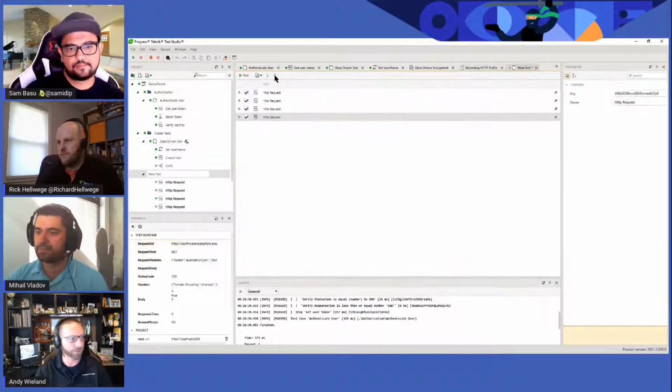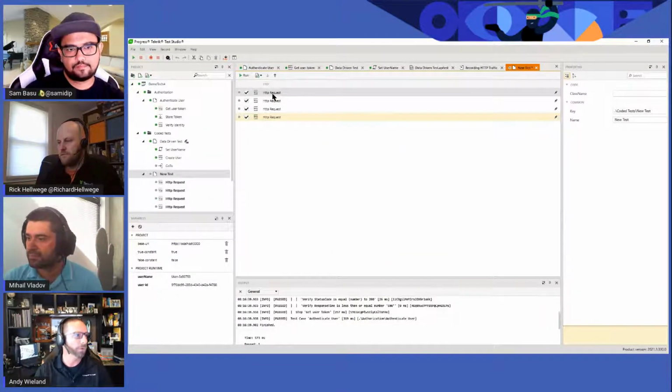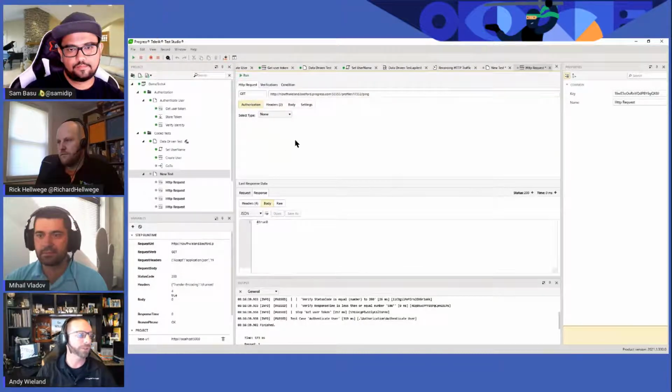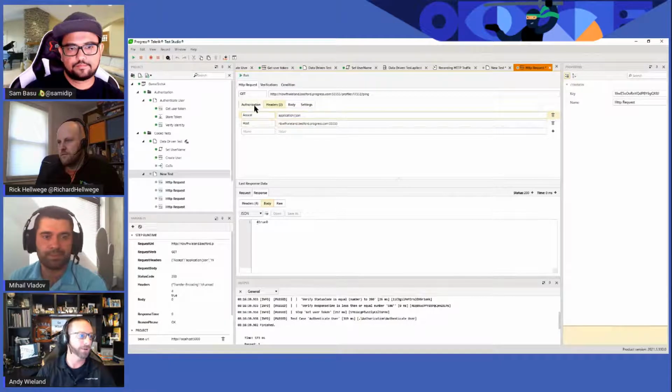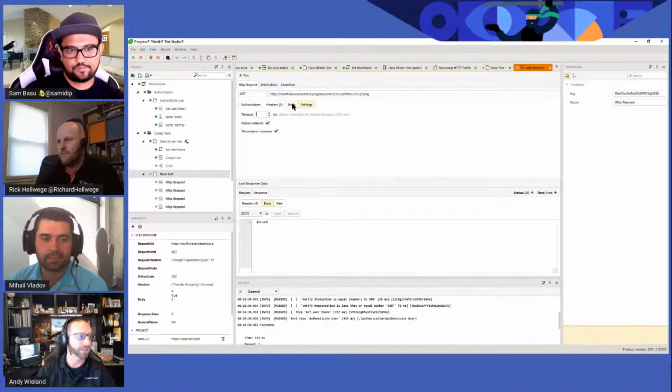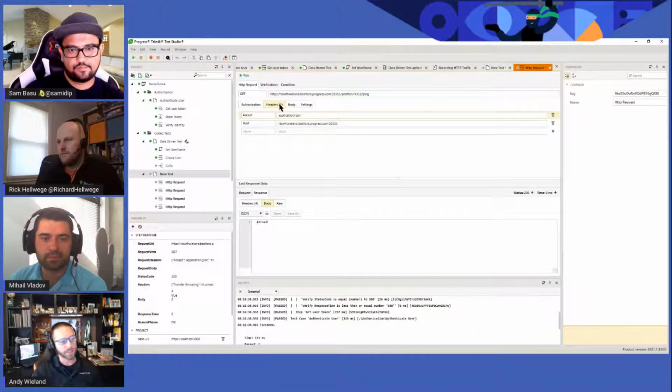So if I add this to a new test, it's taken that recorded traffic and built those into steps for me and broken everything out into all the settings, like the headers and the authorization piece. Well, that wasn't anything, but the body and the settings and so forth. So that's an easy way to get things started, using that recording and capturing, and then translating into test steps from there that you can execute.